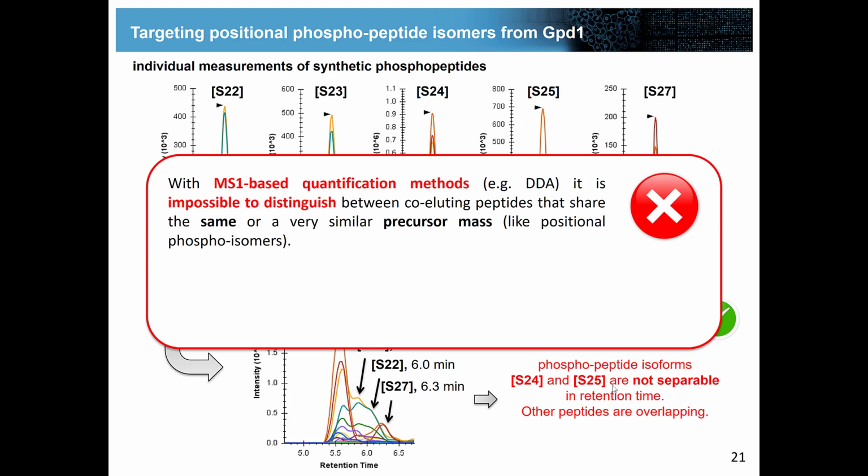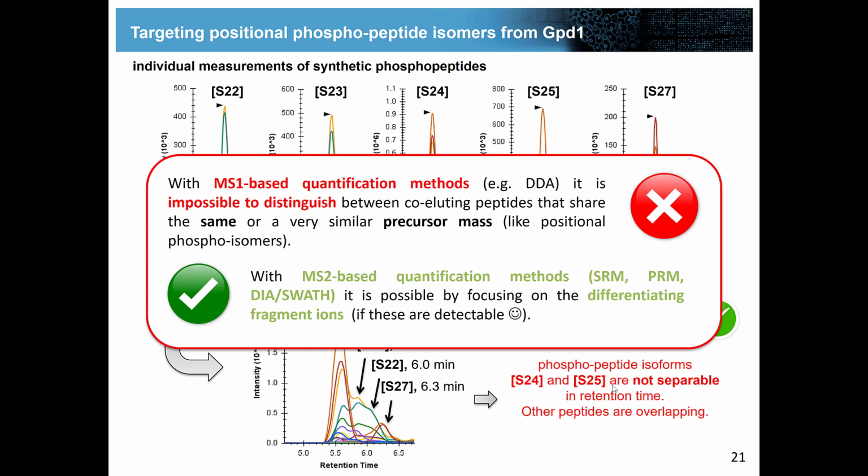So it would be impossible on the MS1 level to tell them apart. And what I would like to show you now is that when you work on MS2 level, like we do in SRM, PRM or DIA, you can focus on fragment ions that are specific for the one and the other form, and thereby it will potentially be possible